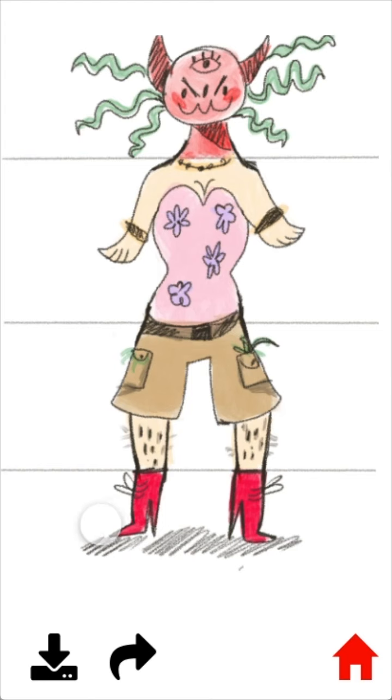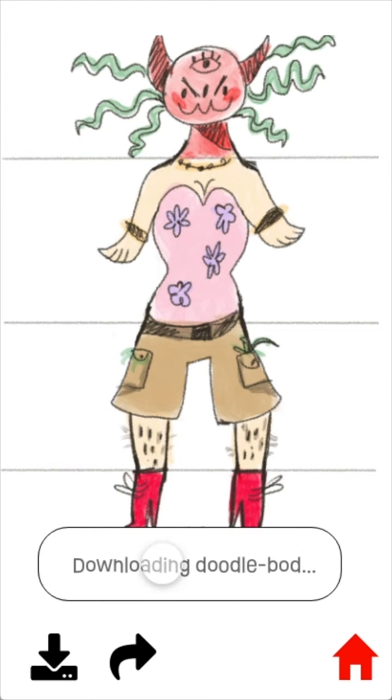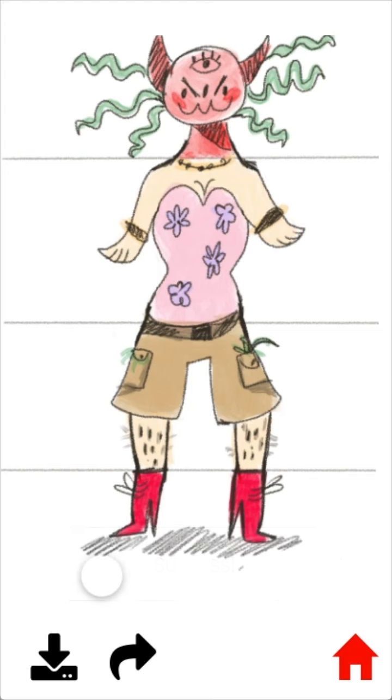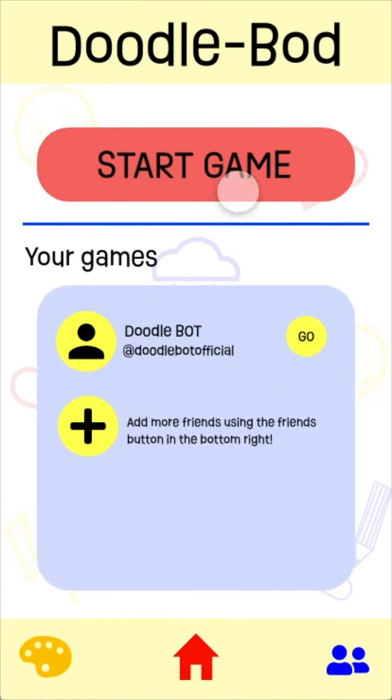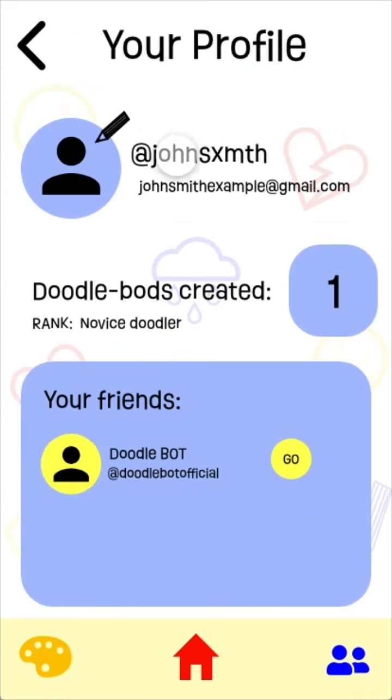So from here we can download the image, which is downloading, that's a success, and we can go to the home page, and this is where we can start our games from. From here we can add friends, and we can also go to our profile and look at our profile picture and our name, and we also have a rank and the number of Doodlebods we've made and a list of our friends. So if we go back,